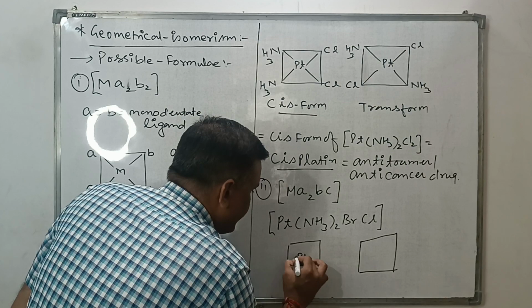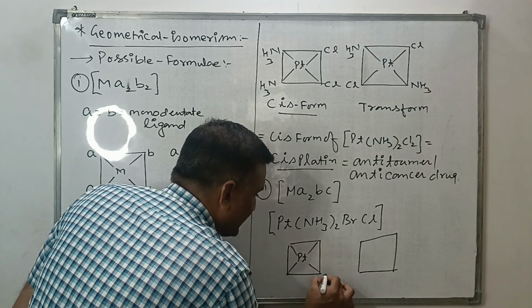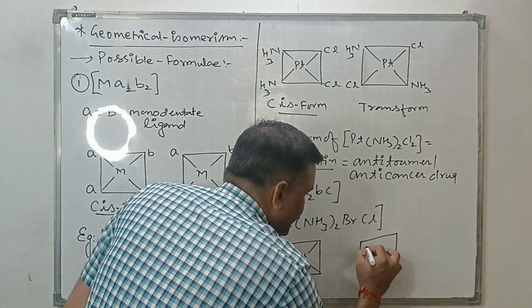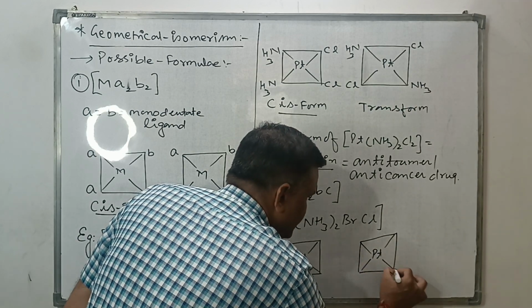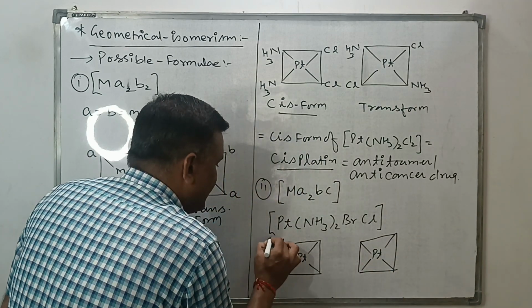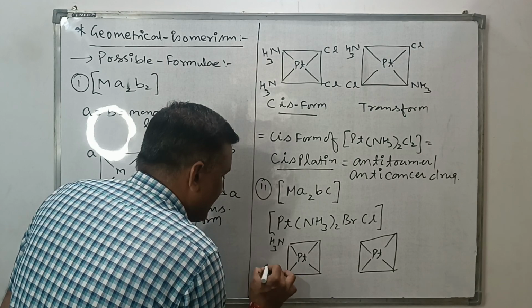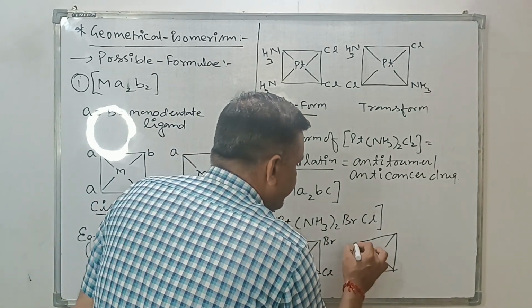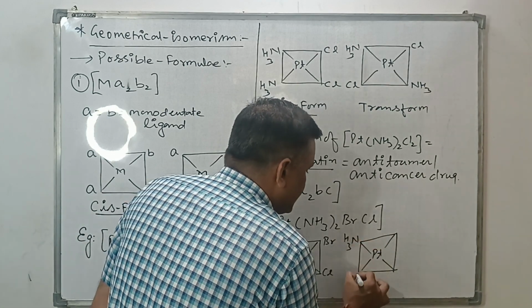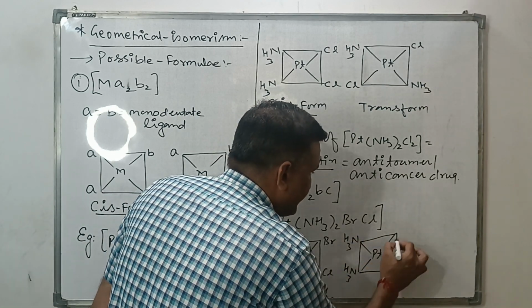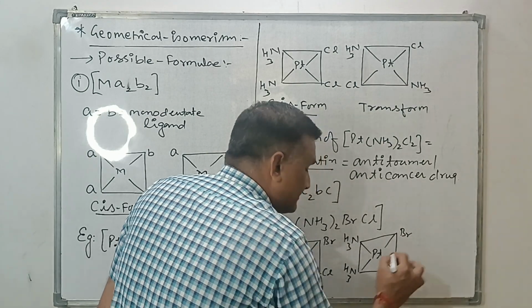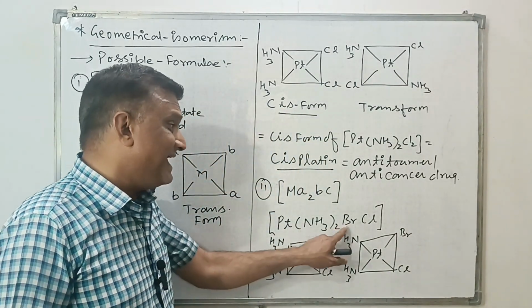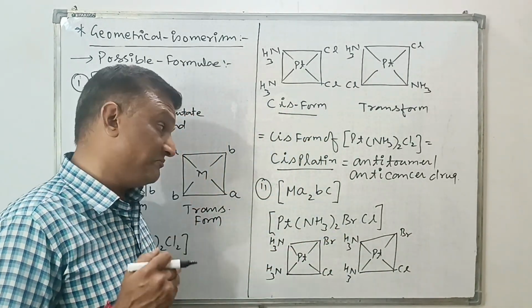This is your Pt, like this. This is the NH3 and this is Br and this is Cl. This is NH3, Br and Cl. Now you will say, Br and Cl are not the same ligand, but we know very well